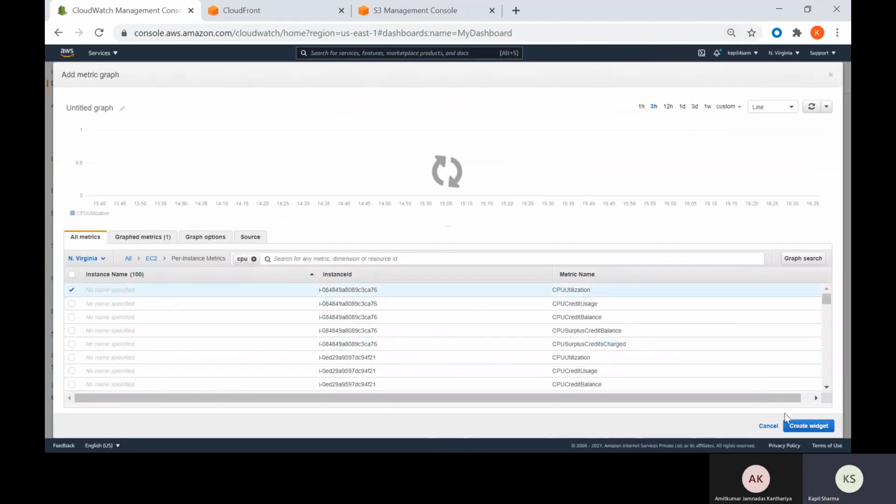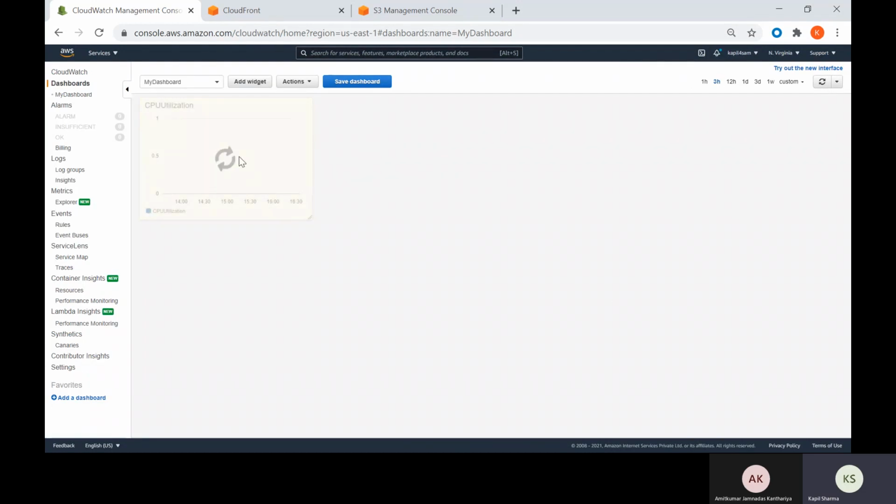So I'm just selecting that, create a widget. So here it will be visible. So this is how you can go and create your dashboard. You can add whichever metrics you want, and that metric will be displayed in this particular dashboard. So this will be a customized dashboard available for you and your team, wherein you can go and monitor your entire fleet of applications or different services which you want to monitor from a single page.